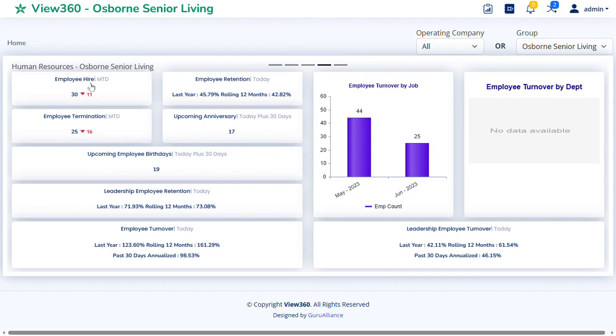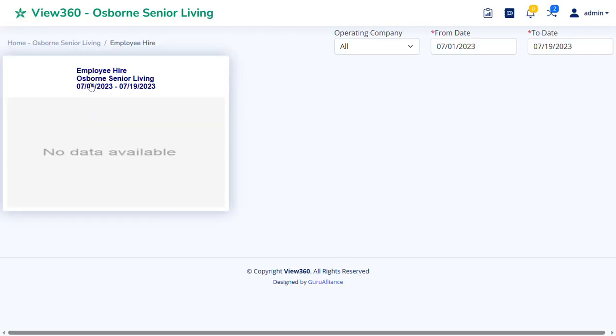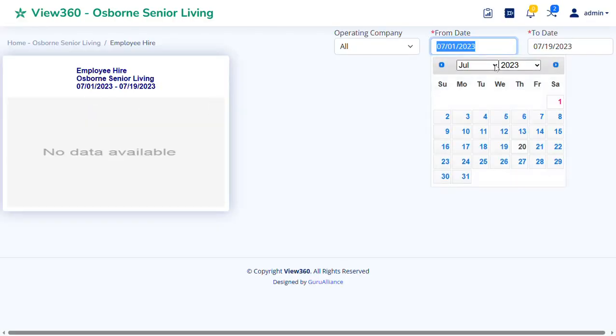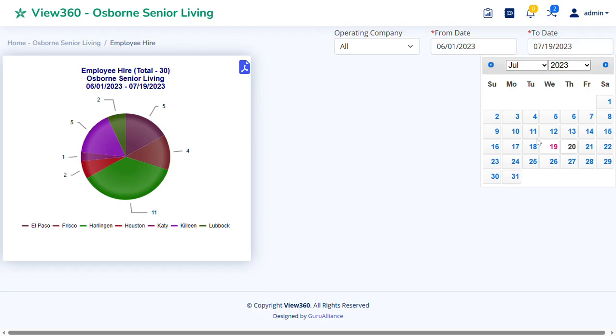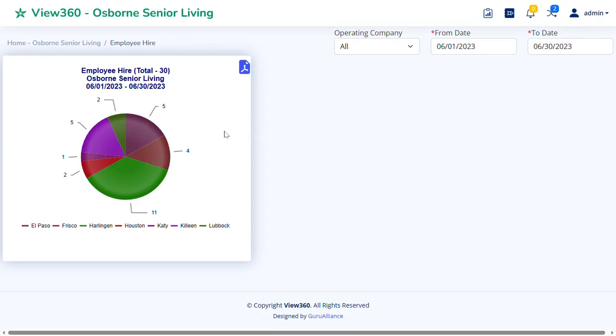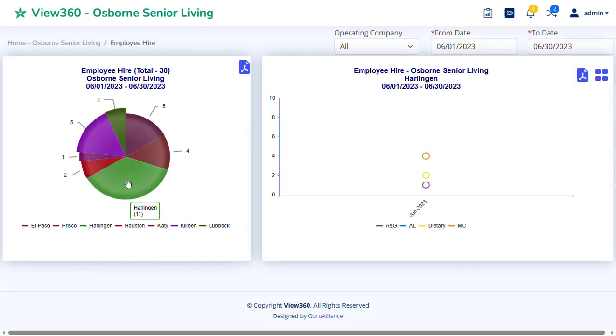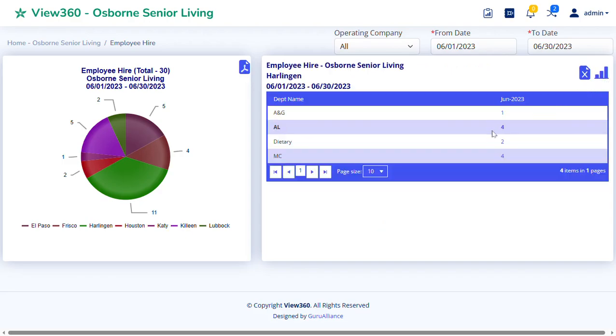So we can drill down in employee hire, and we're going to move to June 1st through June 30th, and we'll have the detailed information in a pie chart. As you can see, the communities are at the bottom of the pie chart. So we're at Harlingen, and the green one is Harlingen. If we were to click on Harlingen, we would see that there were a number of Harlingen people hired